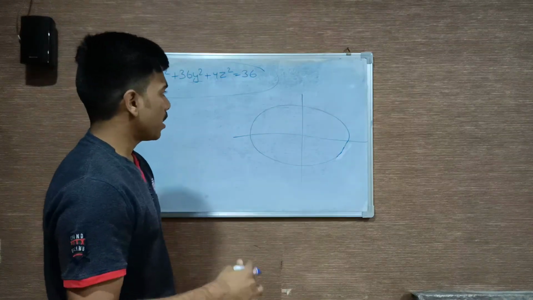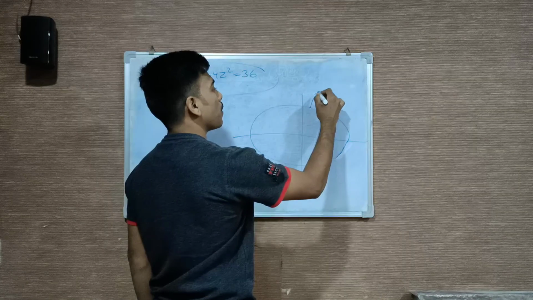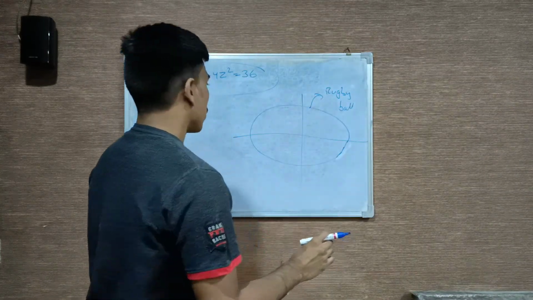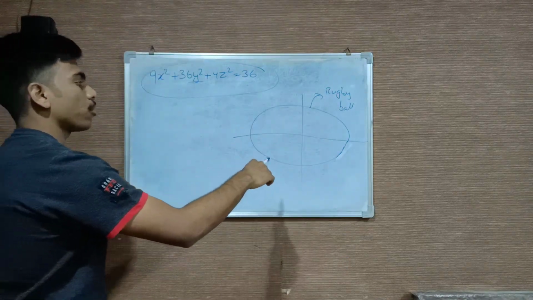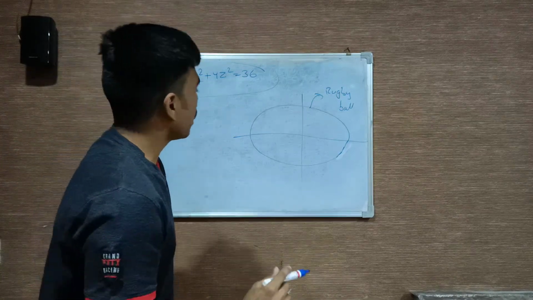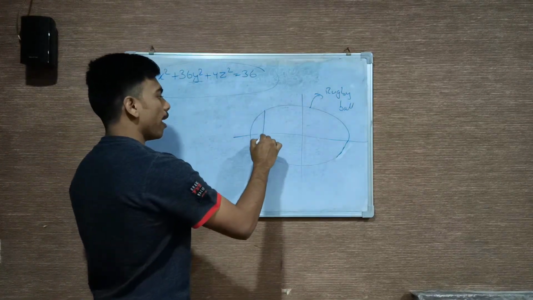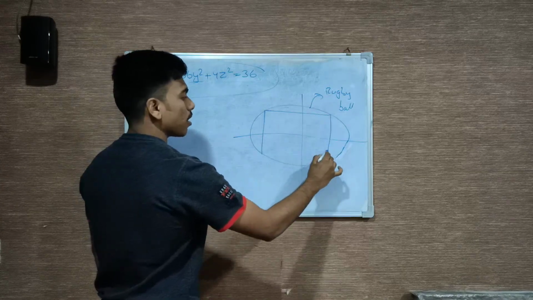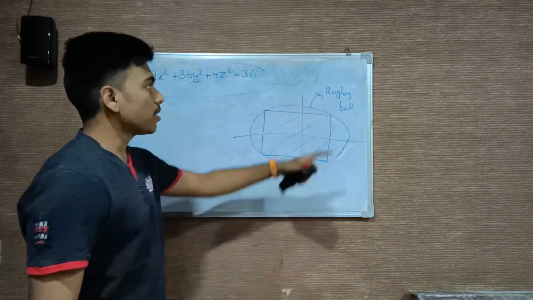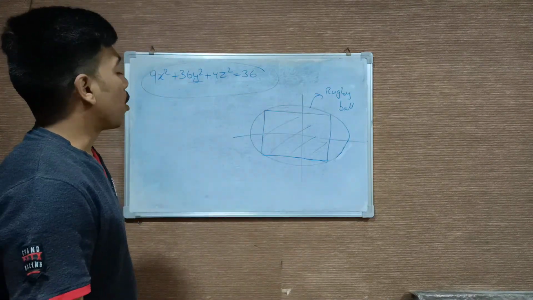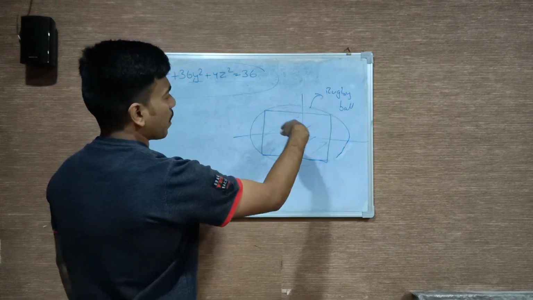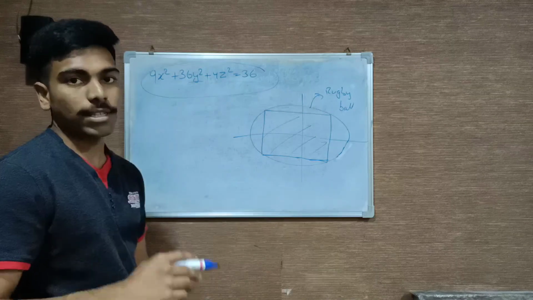For a better understanding, let's consider this to be a rugby ball. After giving this function, they asked us to find the maximum volume of a cuboid that can fit in this rugby ball. They also said that the edges of the cuboid are parallel to the respective axes, so these edges are parallel to the x, y, z axes.